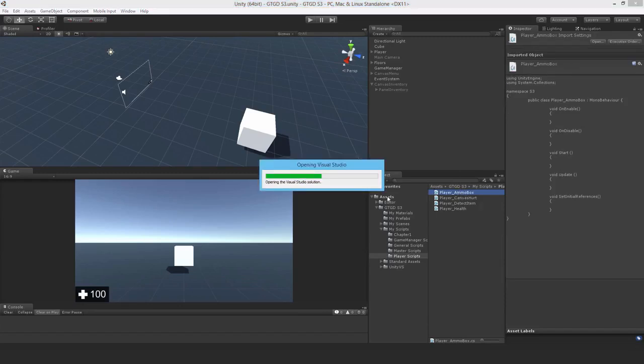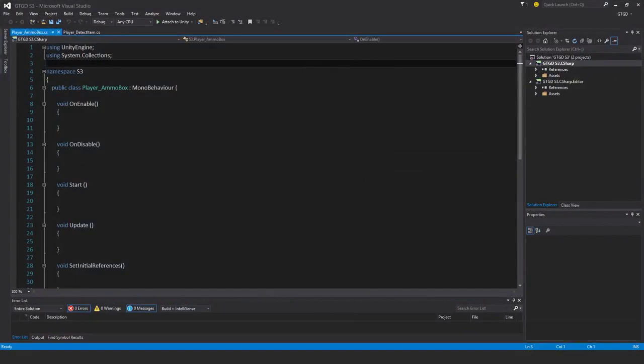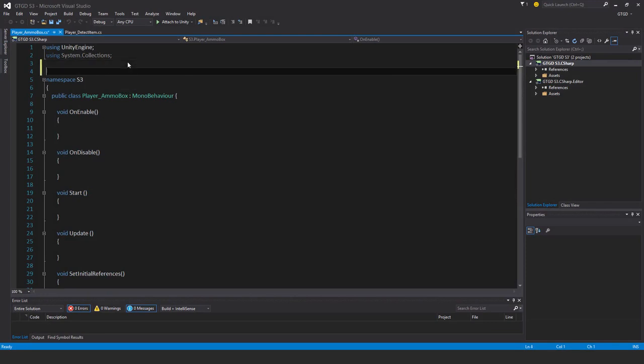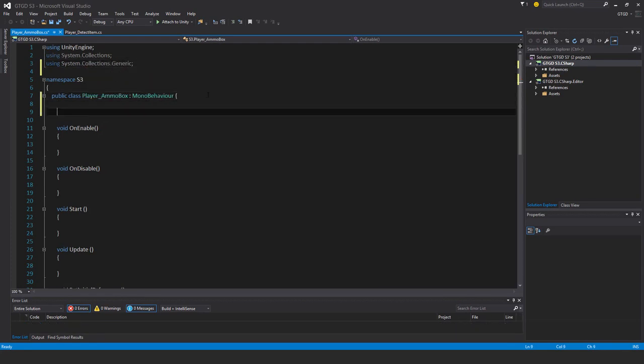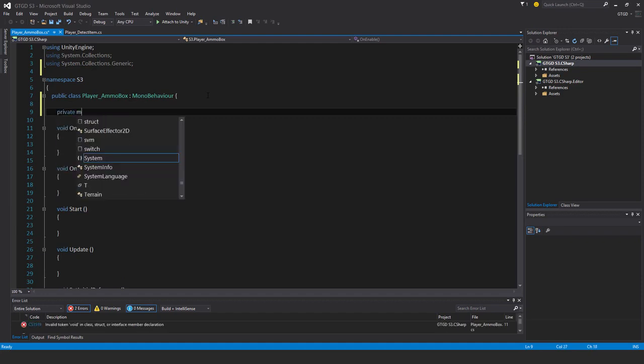It'll be pretty logical when you see it in action, unfortunately, quite a bit later. In this video, we're just setting it up. We won't actually get to use it. Anyway, using system.collections.generic, because I'm going to make use of a list. Then coming to the variables, private, player master,